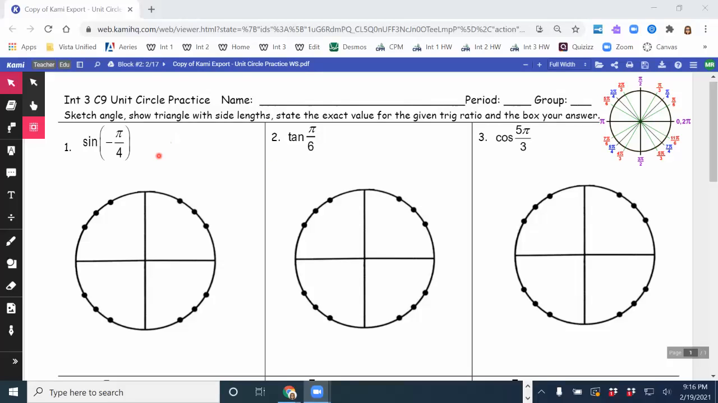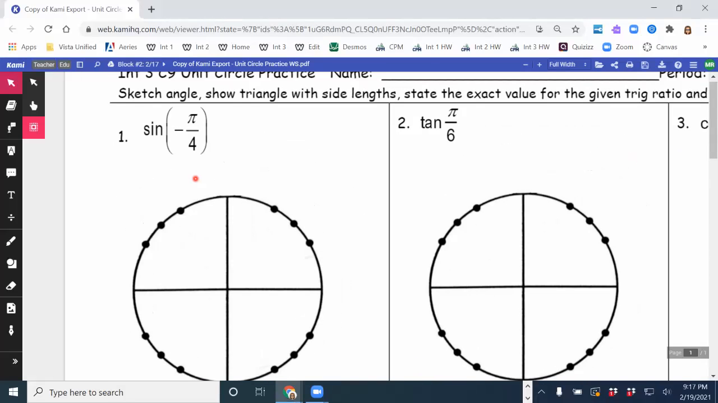So this worksheet is on our second classwork for this chapter. It's Unit 9, Classwork 2, that we were doing in class today, Friday. On this, we're going to be sketching the angle, figuring out the coordinates of the point we end up at, and then answering the question. So on this first one, if I zoom in here,